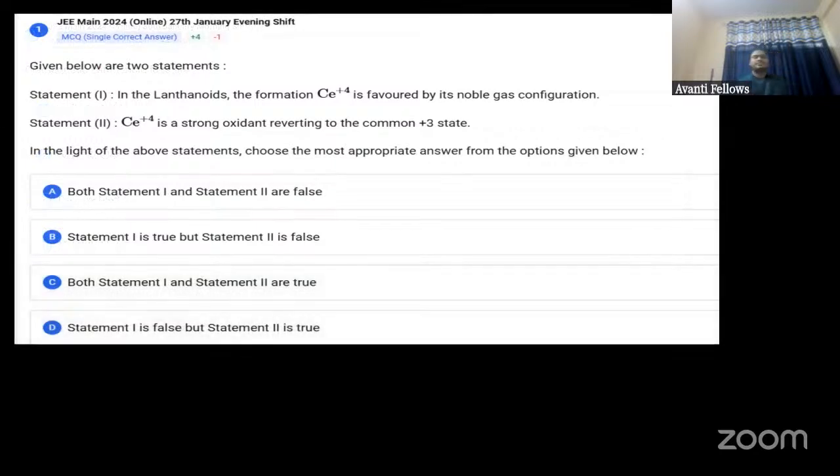चलो, ये भी क्वेश्चन सेम है इसी की तरह, बताओ जल्दी। वेरी सिंपल क्वेश्चन। Given below are two statements. Statement one: in lanthanoids the formation of Ce4+ is favoured by the noble gas configuration. तो अभी अभी किया था, इट्स अ सिंपल थिंग। Second, Ce4+ is a strong oxidant, reverting to the common +3 oxidation state। तो सभी +3 शो करते थे, तो both statement one and statement two are true। तो दोनों के दोनों स्टेटमेंट्स ट्रू हैं। सो आई होप दिस इज क्लियर।